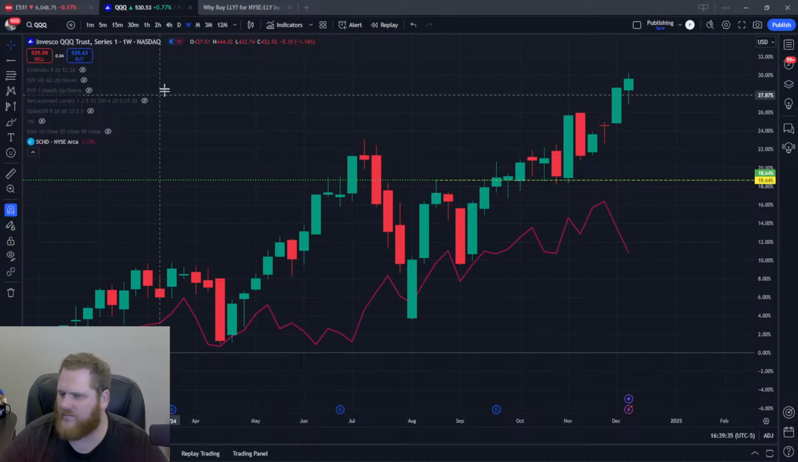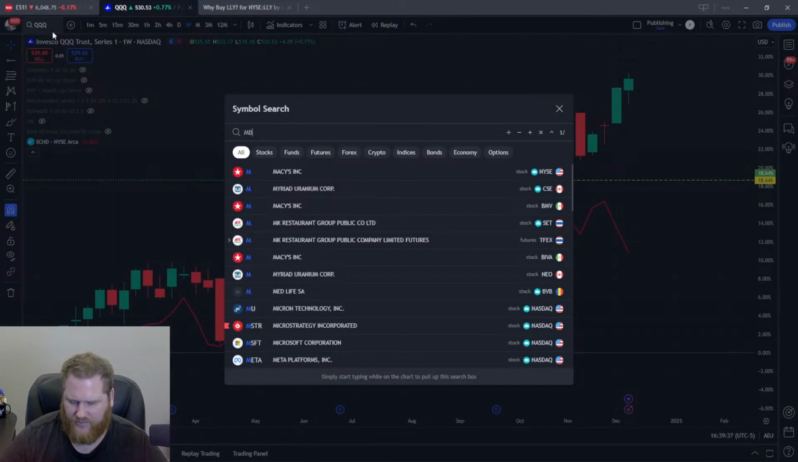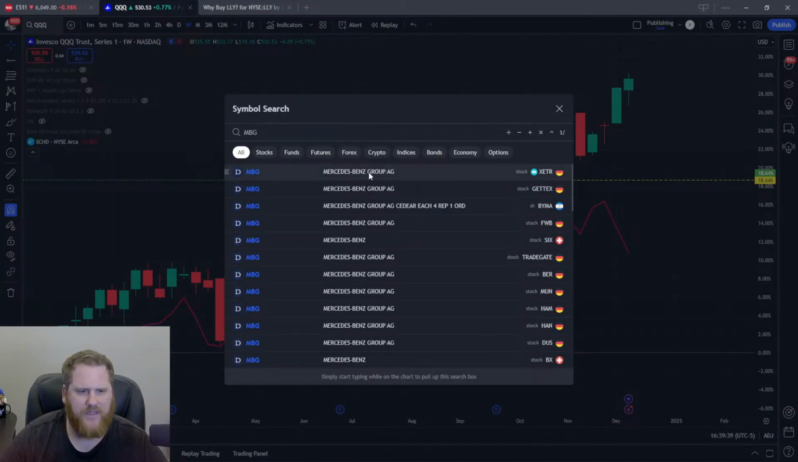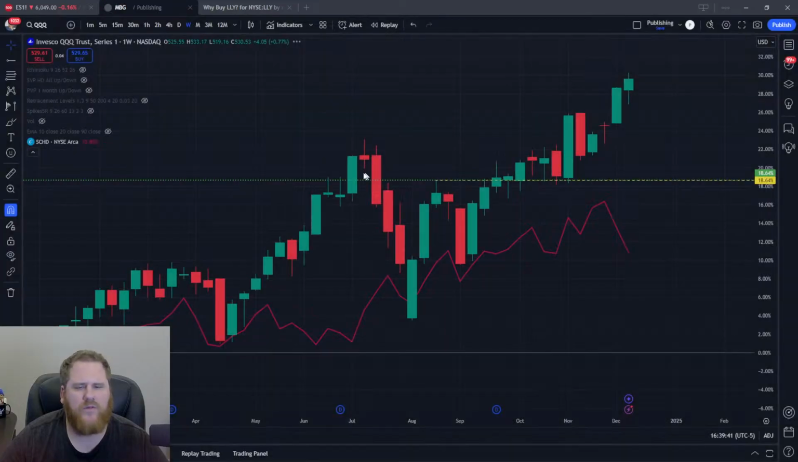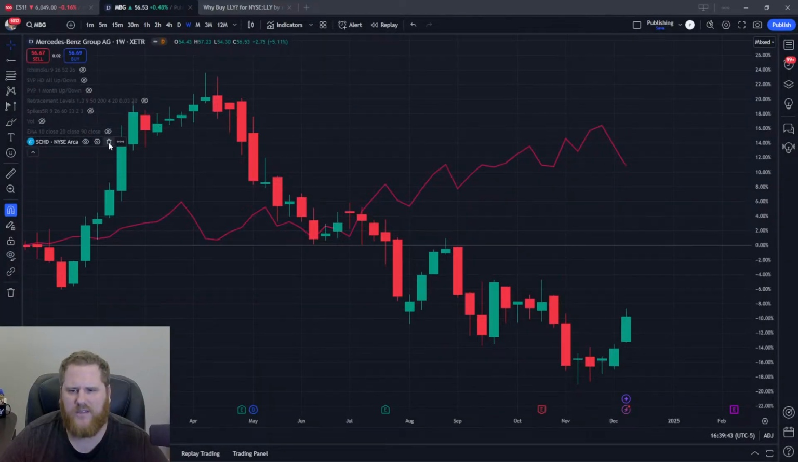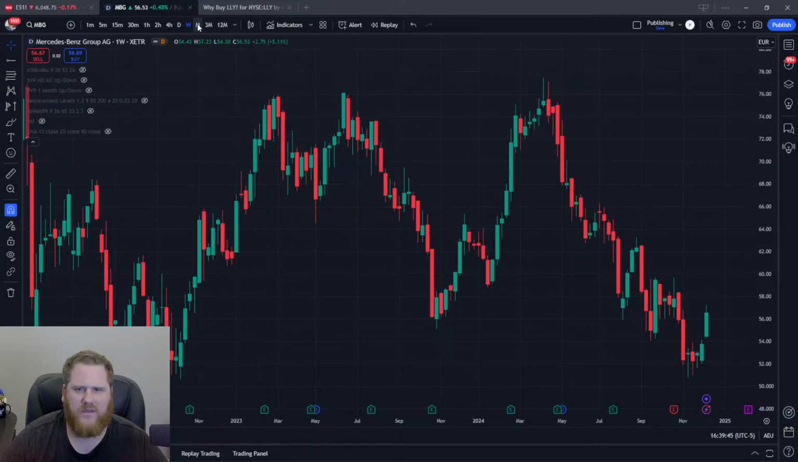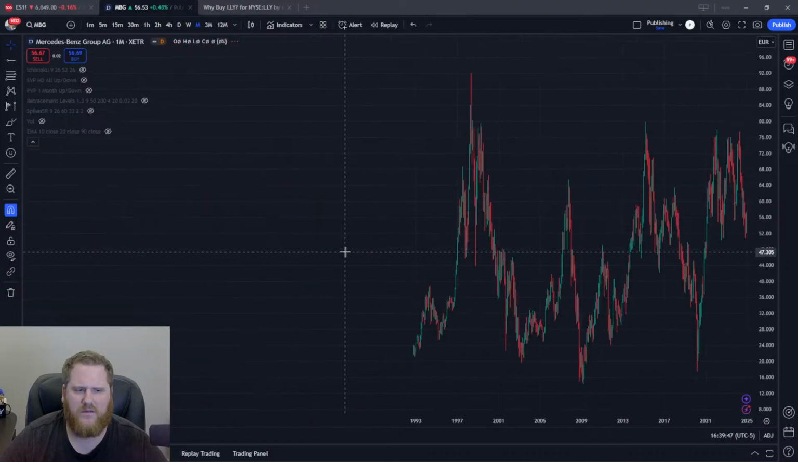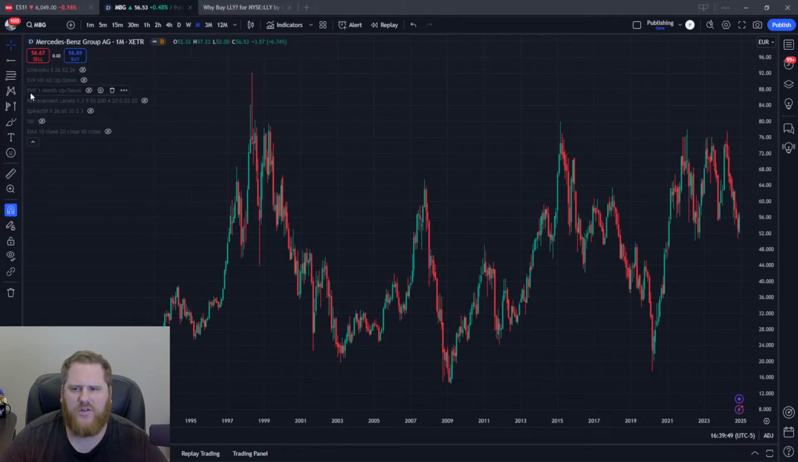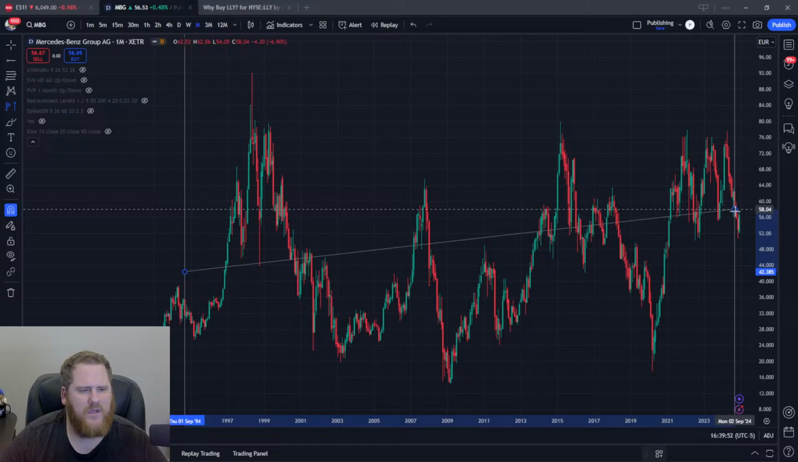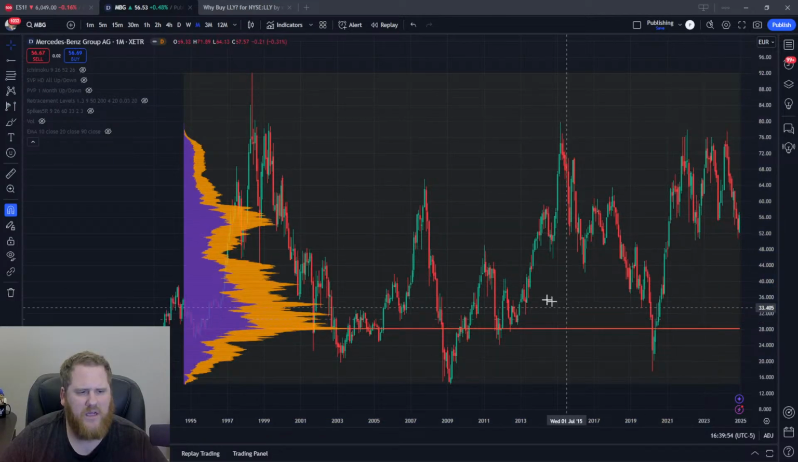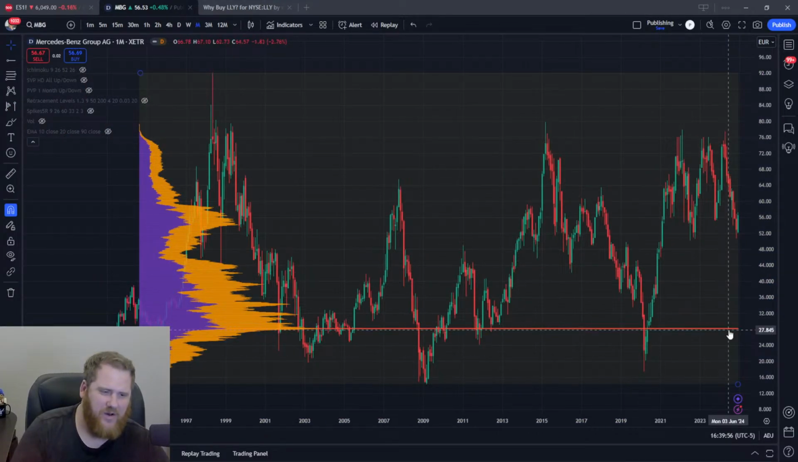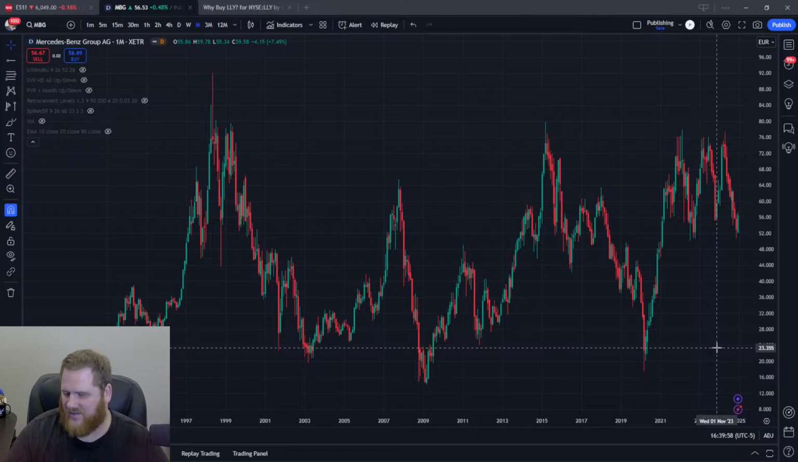MBG, Mercedes-Benz. Which one? We'll try that German one right there, and let me take off the SCHD comparison. Not sure if this is it because this is not an American traded stock, but it looks like it's going nowhere. It's a little late, I think, to try to jump into the Tesla train, but